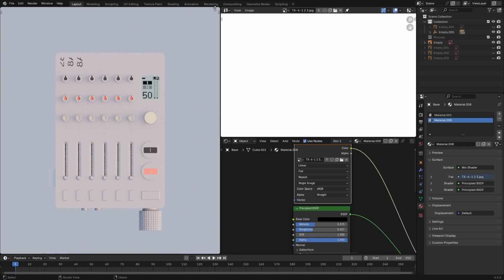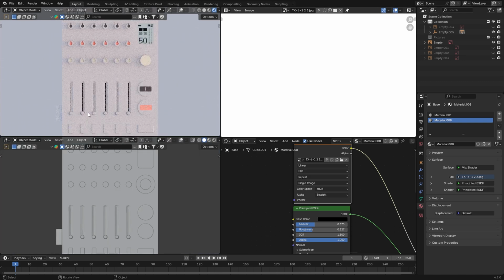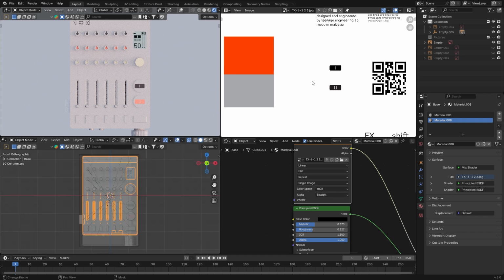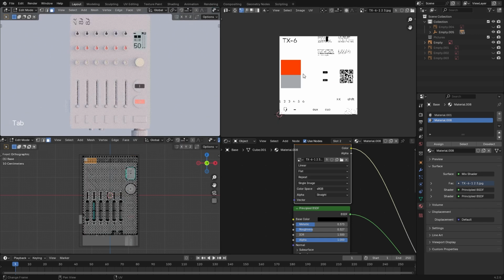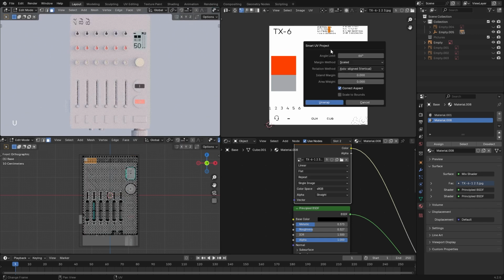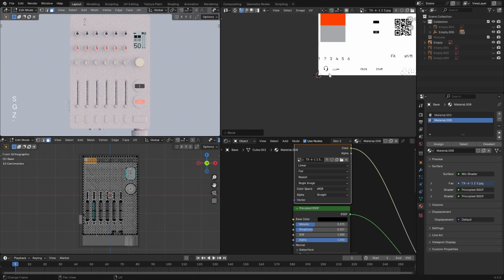And now I need another vertical split. Okay, good. And now I have to see where it is. First, we have to move it like here, okay? And then unwrap this with Smart UV Project. Make it small,